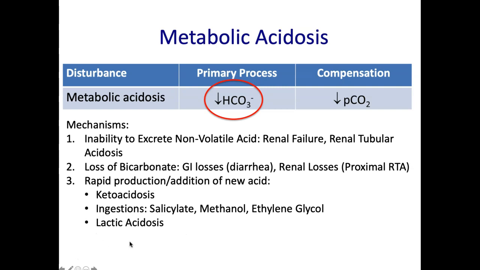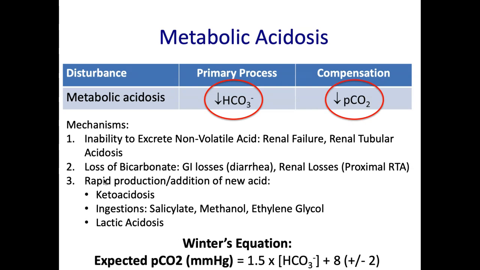The third big category is a lactic acidosis, which comes from a global perfusion problem, and basically our cells convert to anaerobic metabolism in order to stay alive, and that generates a lot of lactic acid. Okay, these are the three big mechanisms. We can't pee out the protons. We're losing too much bicarbonate either in the stool or in our urine, and then we're generating acid, or we added acid to the body. Okay, compensation. So the bicarbonate is dropping for one of these three reasons. Basically, we're going to have to ask ourselves the question, well, how much should the PCO2 drop?